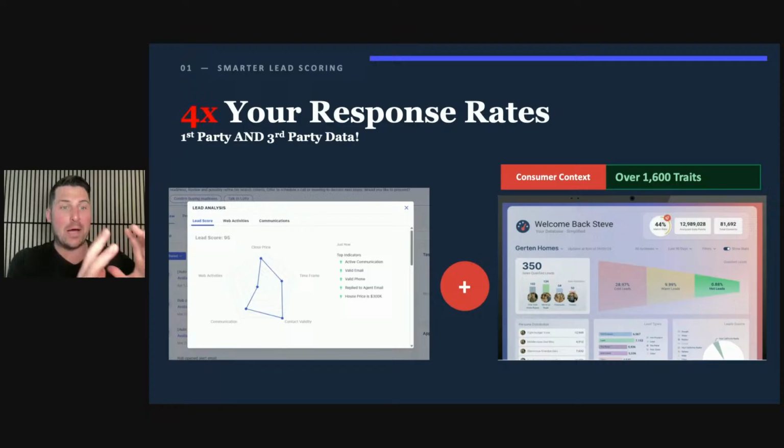And so now you have the power in Lofty of all of that great first party scoring that you see on the left. You have the power of Agent Legend's offline third party data, amplifying that scoring in general. And now you can create smarter lists. You can create more strategic action plans for your prospects, and you can create more personalized journeys than you've ever been able to before. And if you're now just using the new AI sales agents, now imagine the power of that agent, not only with the first party context that it has, but all this offline third party data where it can now humanize and personalize the communications moving forward. That's the power of just having our data set into the system.